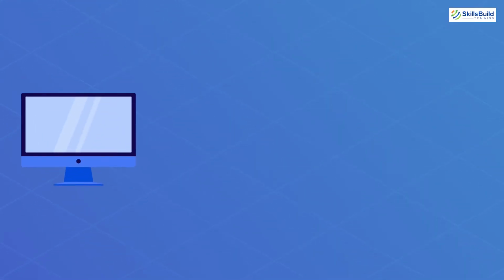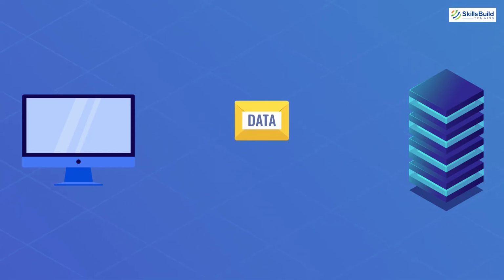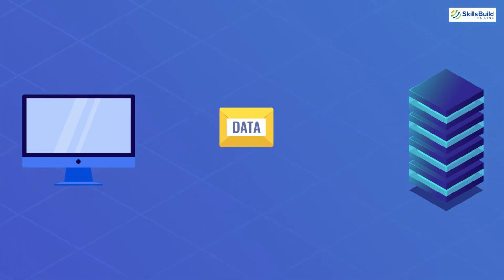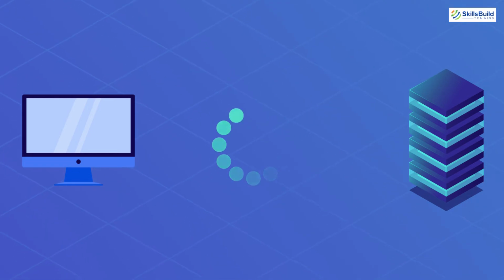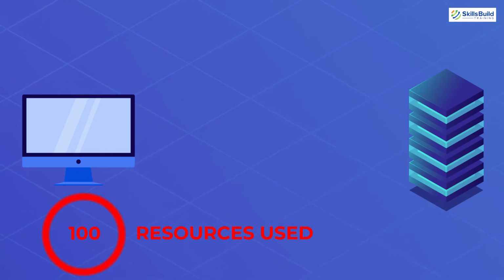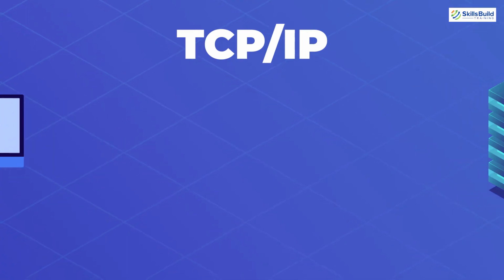Imagine if the system sends the message or data as a single piece, and on the way to its destination, the message or data gets lost. Now, what would the network do? Obviously, it will have to send the data again, but that can cause a lot of delay in the data transmission. And along with that, the data will consume a lot of resources from the network, as it will be sending the data again and again in case of data loss. But with the help of TCP/IP, we get to solve this problem.